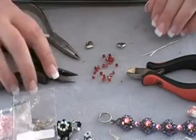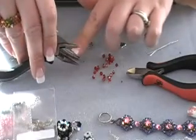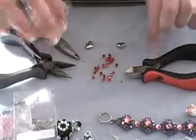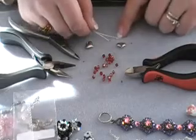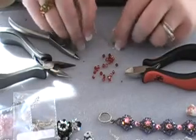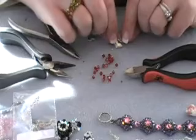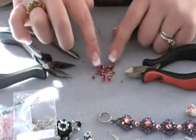You're going to need a flat chain nose pliers, and you don't want any kind of ridges on the inside. You want a really good cutter. I'm going to use 2 eye pins. Now, eye pins are simply pins that have a loop on the end of them. And then you'll need your own assortment of beads. I'm going to use a puffy heart, pewter heart bead, and I'm going to use a Preciosa crystal and the